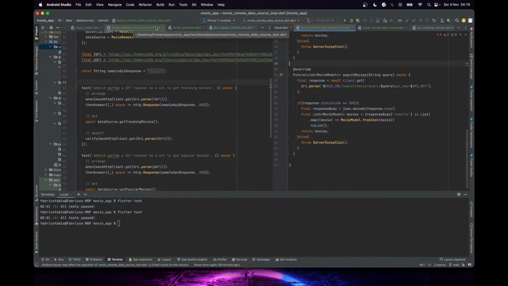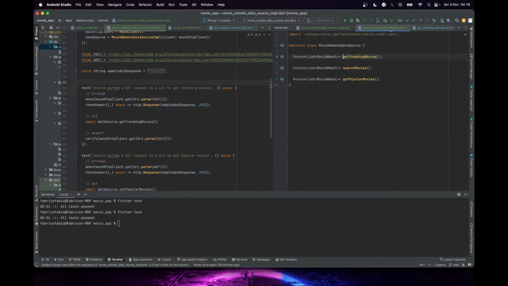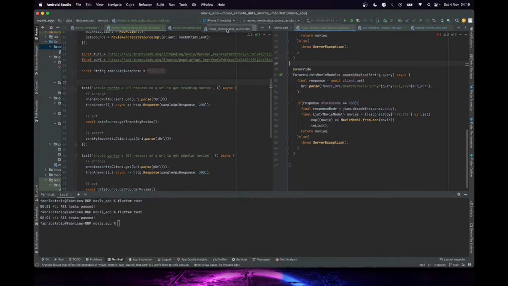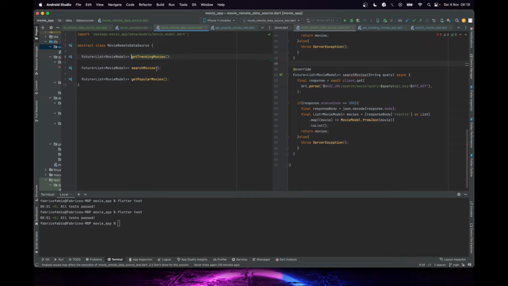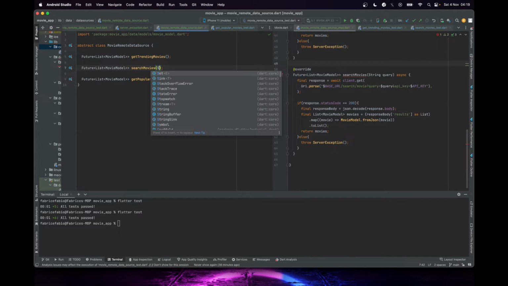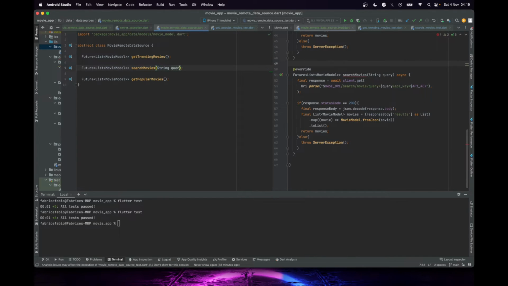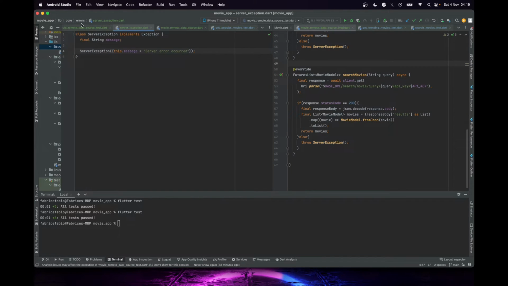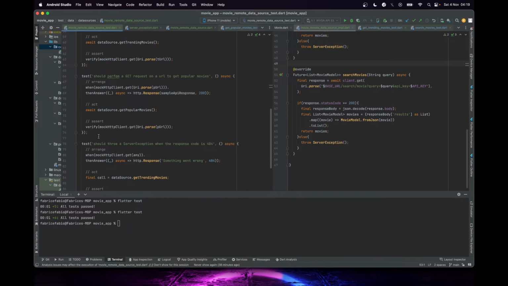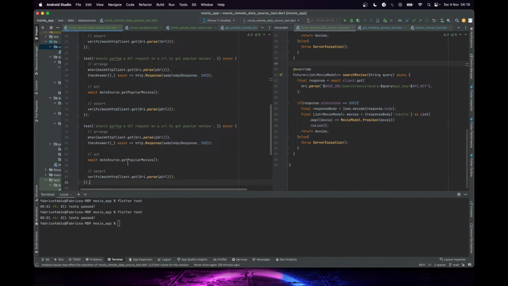And I mean in data sources, if you remember, we forgot to add string query as parameter. So now if we want to test, so get